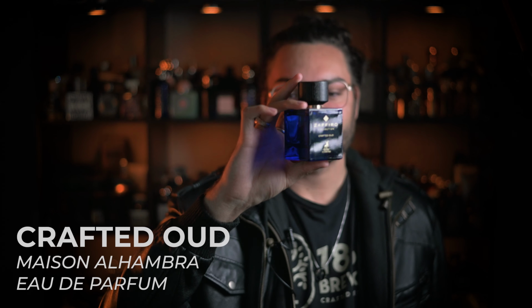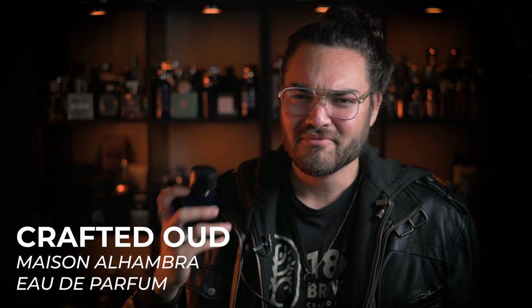For Monday, I decided to go with a really interesting fragrance. It was one of the first Middle Eastern fragrances that I picked up from the house of Maison Alhambra, and I forgot kind of how it smelled, and I wanted to just refamiliarize myself with it. And this one is Zaffiro Crafted Oud. I always want to say carved oud because it's so close to the actual fragrance that this is cloning, but